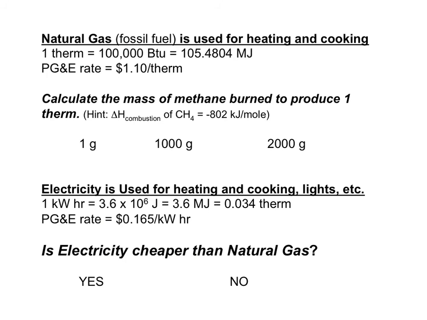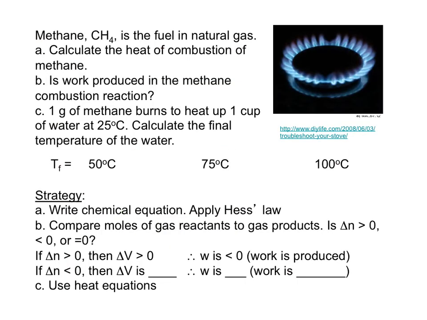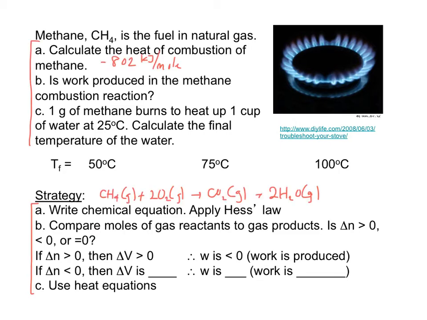Our energy utility companies use therms and kilowatt hours for their energy units. Based on their energy rates, is electricity cheaper than natural gas? Stop the video and find out. And the answer is, you're getting good at conversions. Methane is the fuel in natural gas, so stop the video, apply these strategies, and answer those questions. And the answers are,